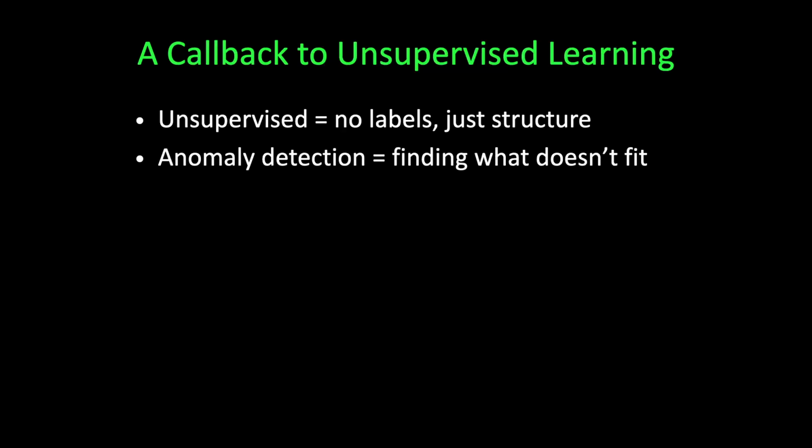We rarely have labels. No one hands us perfect data sets saying this row is an attack, this row is safe. We usually have messy logs with no labels whatsoever, sometimes completely different formats, and we have to programmatically get all of those things into the same format so we can identify the same or common features. And we've discussed similar tasks and even demonstrated similar tasks already. So anomaly detection is where supervised learning can't go. It helps us to discover the weird things without needing someone to label every single event in advance. That's where unsupervised learning helps. That's why it's one of the most practical tools for defenders.